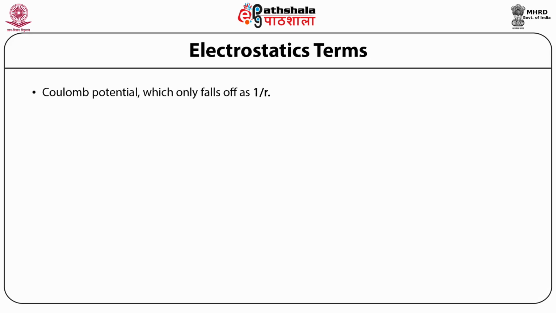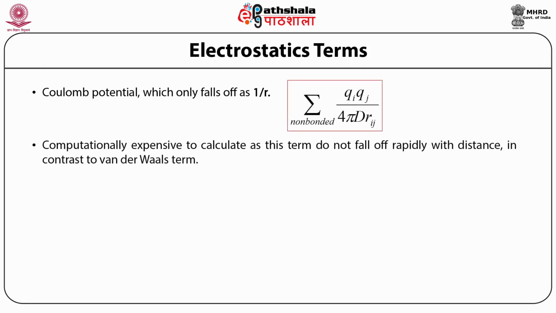Coulombic interaction is taken care of by this expression. So we add this to our energy. As you see here, all the non-bonded interactions of charges and atoms which are not connected are calculated and summed up. Here is a very important term, and that is D. D is the term for the dielectric constant. This is interesting because depending on the value of D, inside the protein or outside the protein, the value of the Coulombic potential or energy term will change.